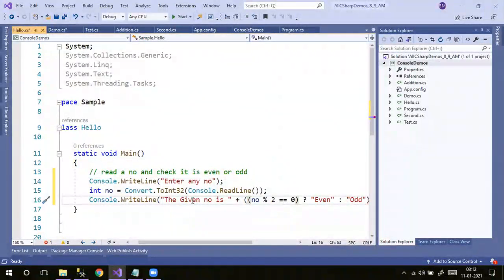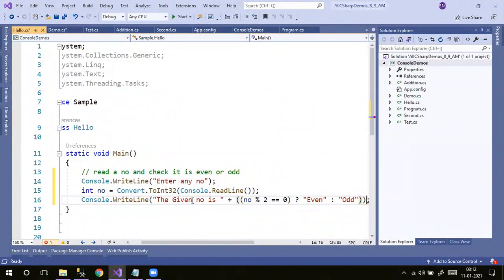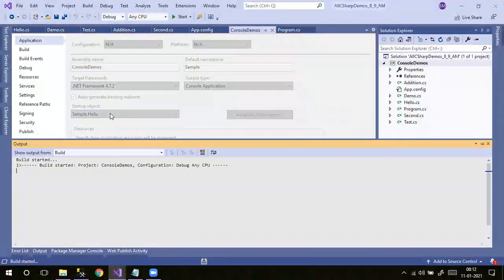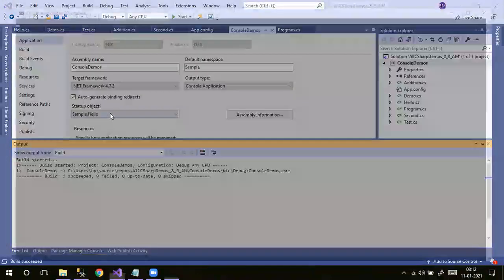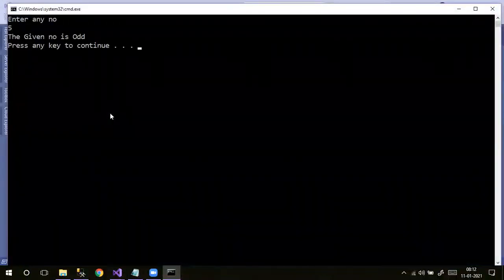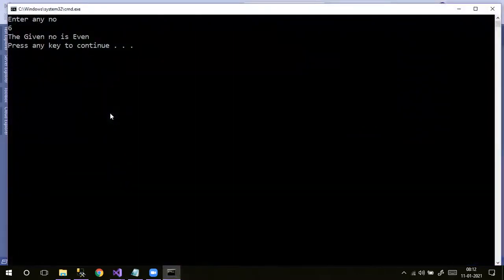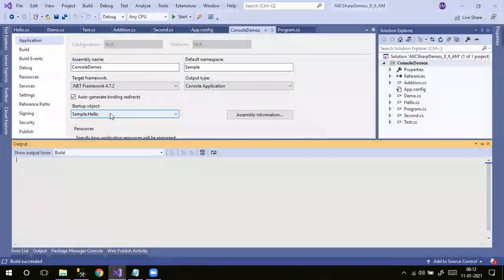Okay. So let me run this program. Make this as an entry point. Yes, run. See, enter any number 5. The given number is odd. Enter any number 6. The given number is even. Like that, whatever number you gave, it's going to check even or odd in one